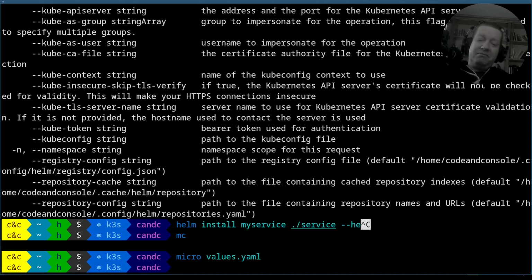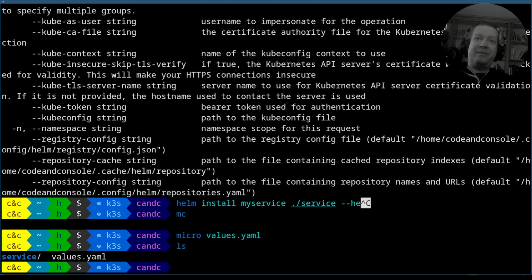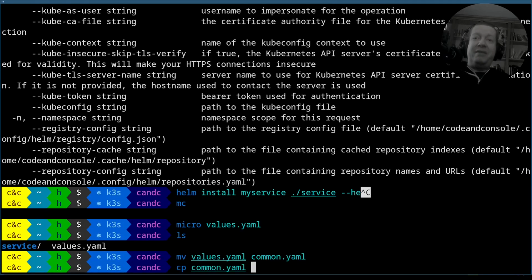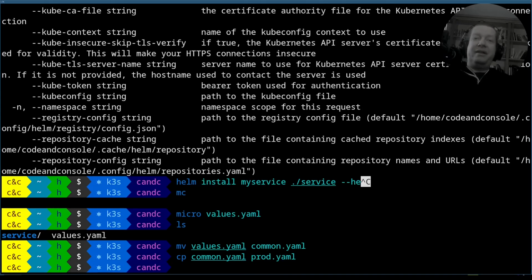But in a more production-like environment, we usually have multiple values files. I need one values file which is some kind of common for all environments, and I may have other values files for different environments like prod or QA. So it's just more and more, and it's also possible that I would like to encrypt some of these because they may have secret credentials. So Helmfile can simplify